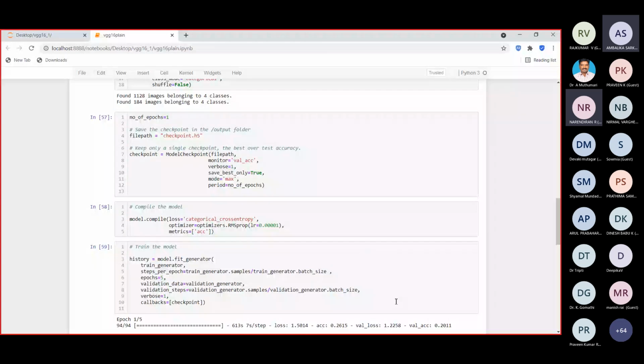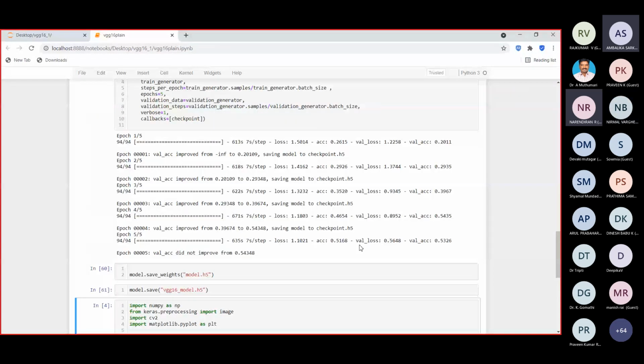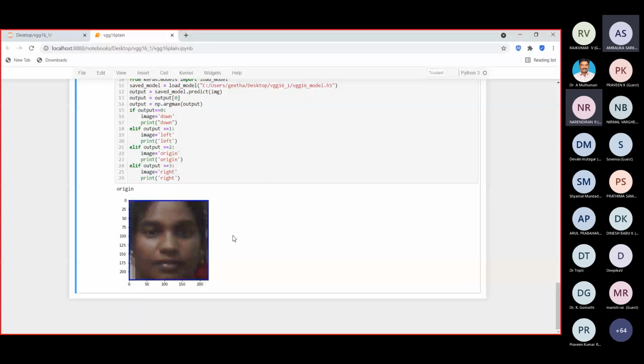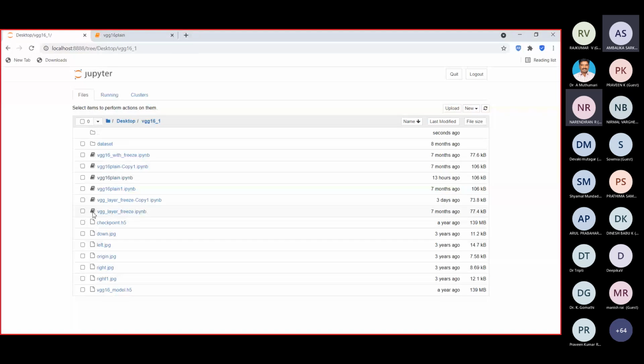Now we'll go to the transfer learning concept. Yes. So here transfer learning concept is applied.